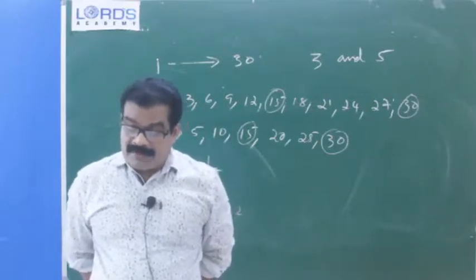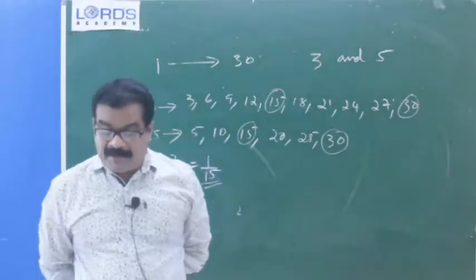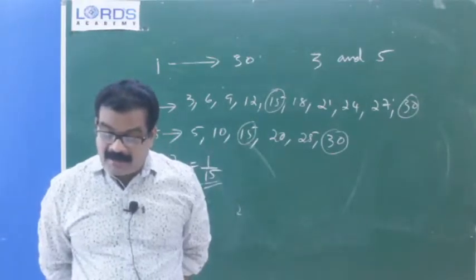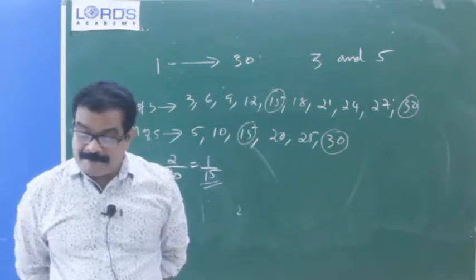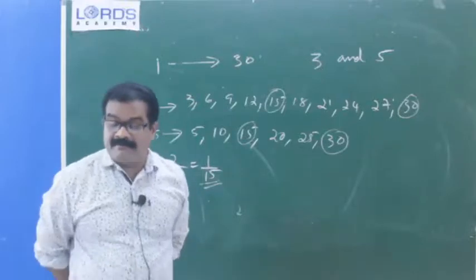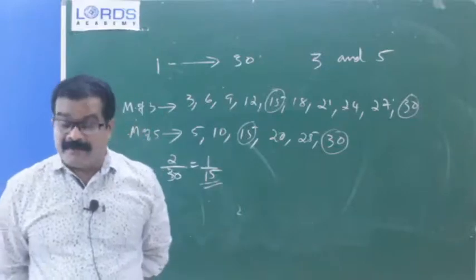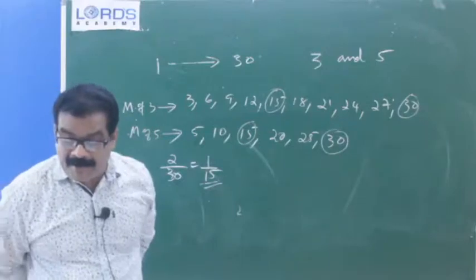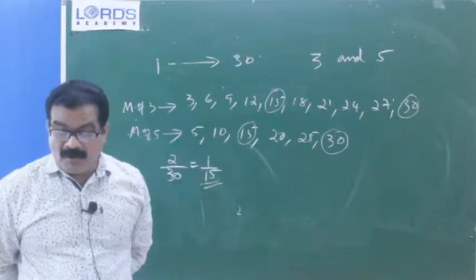Take all of you. In a single throw of 2 dice, find the probability of getting a doublet, a number less than 3 on each side, an odd number as a sum, a total of at most 10. What is the meaning of at most? That is maximum. An odd number on one die and a number less than or equal to 4 on the other side. You have to find that.